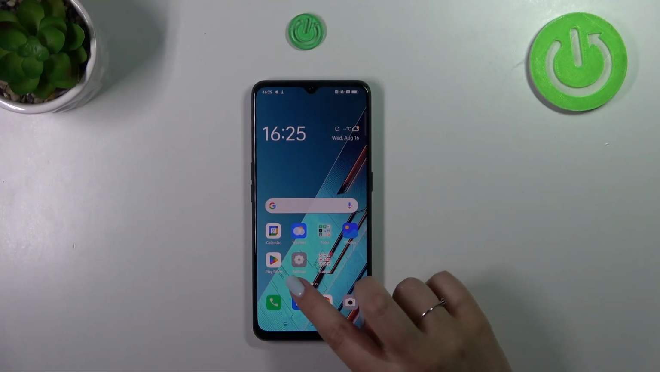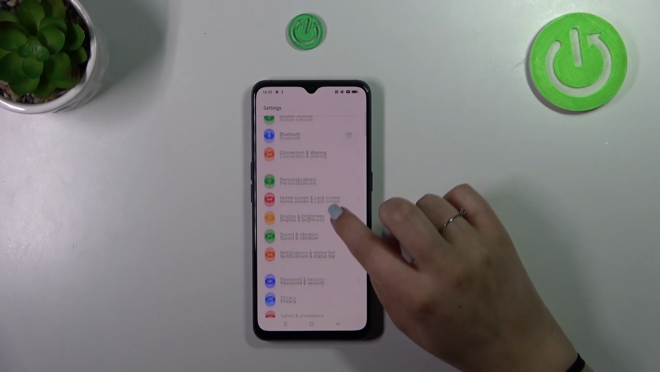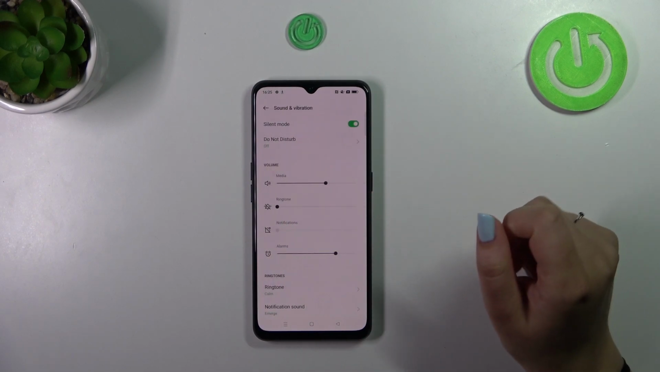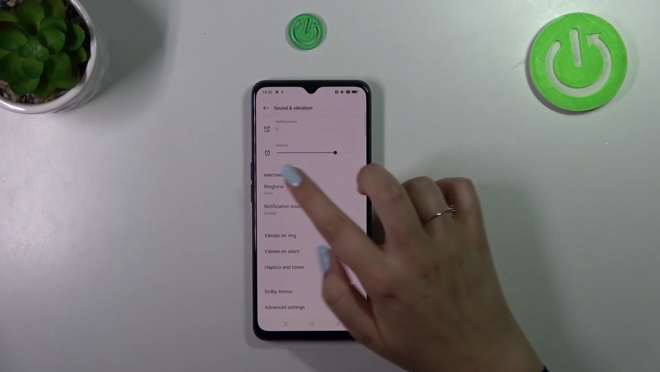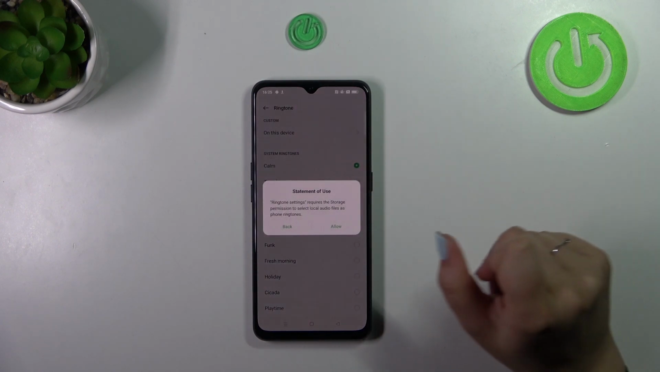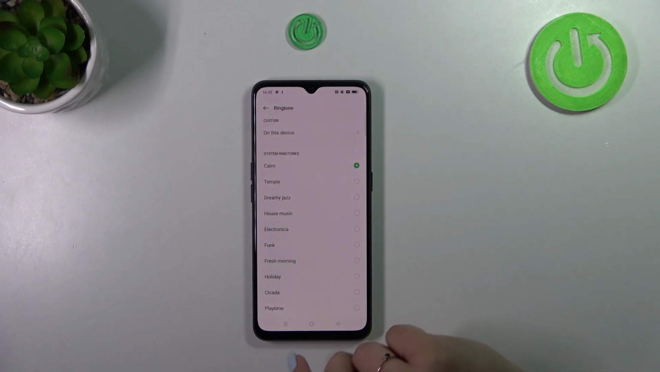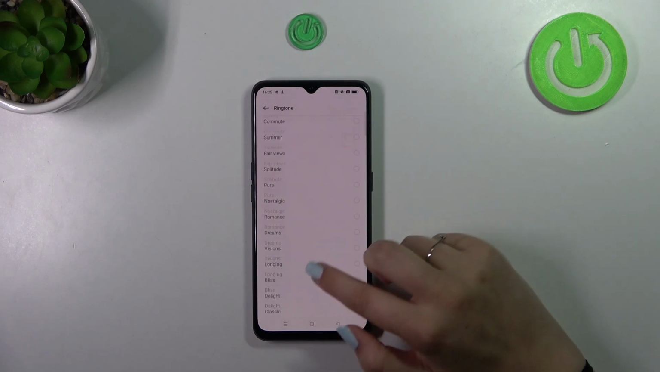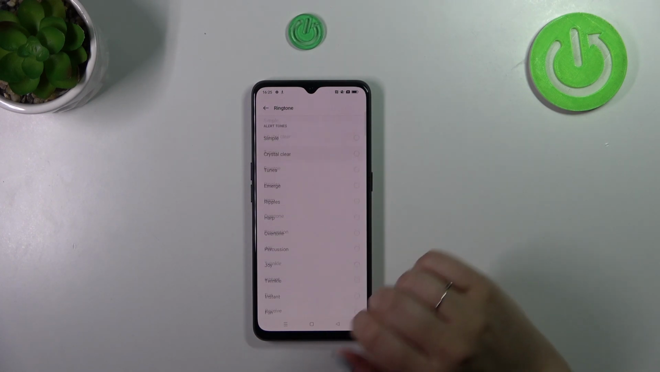So let's start with opening the settings and then find the sound and vibration section. Now let's scroll down to find this ringtone option and tap on it. Of course, give all the permissions it needs, and here we've been transferred to the list of pre-installed ringtones from